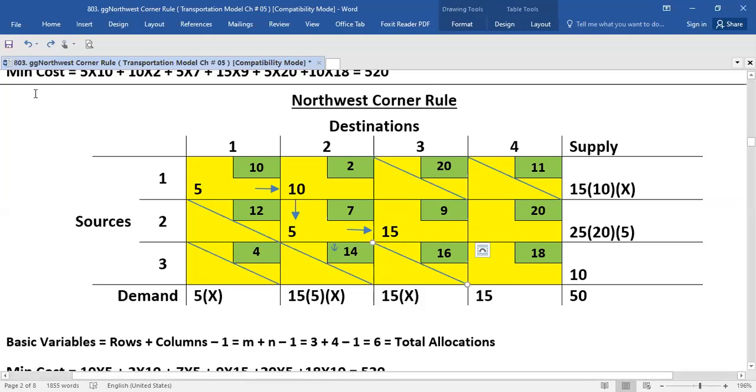So you will move to your right, and see there your demand is 15 and your supply is 5. So which one is minimum? 5 is minimum. So you will put 5 here, and see that from 15, 10 demand is left. And on the other side your supply was 5, which reduces to nothing. It means here we put cross sign in front of 5. This means that your supply is complete.